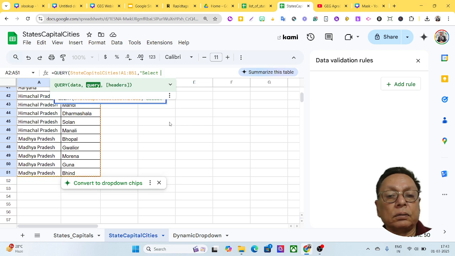what I want. I want to use column B. Why column B? Because B has the list of cities. Select B where A is equal to, since I have to